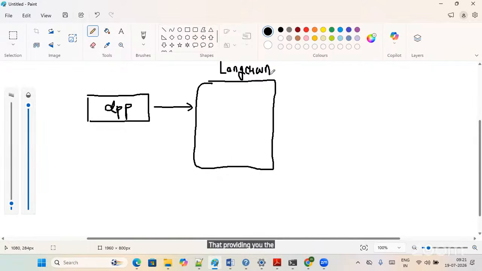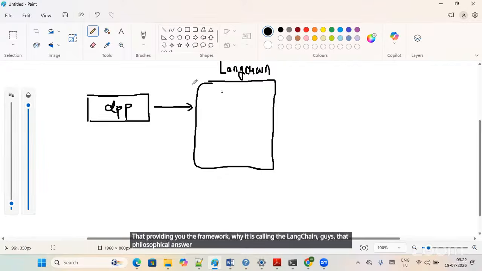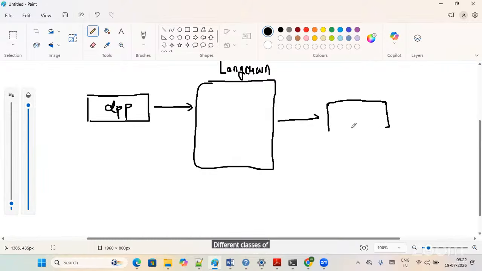Why is it called LangChain, guys? That philosophical answer we don't want, right? Okay, fine. So here you are having an application and you wanted to integrate with the LLM, right? So what is LangChain providing you? LangChain is providing you the different classes of a LLM. Let's take you are having a LLM here,